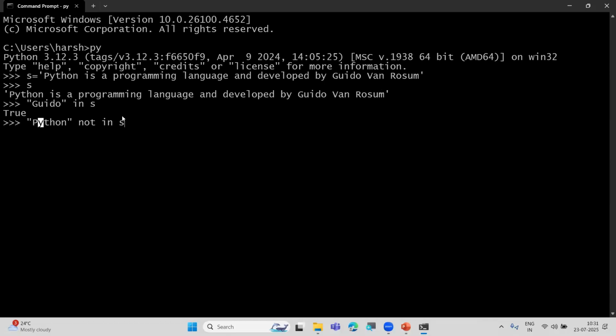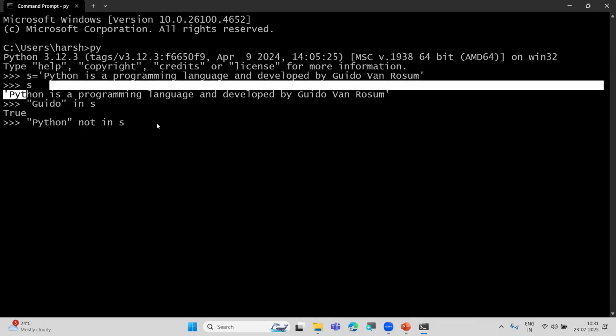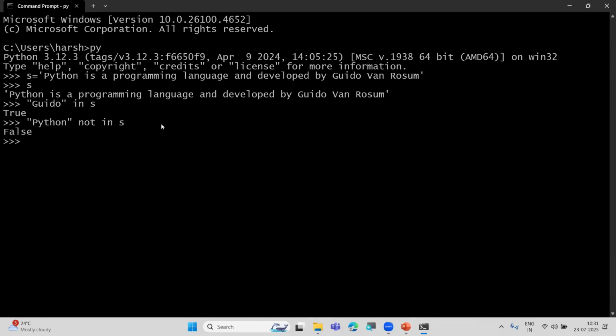Okay. Python not in yes. No, Python is there in the yes. That's why this will return false. Understood? I'm saying here Python not in yes, meaning Python is not in yes. You should say sir, it's already there. So what will it return? It returns false. Understood? See, using simple operators, we are able to check whether the substring is available in the main string or